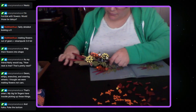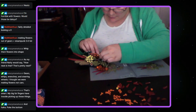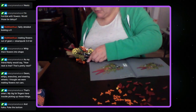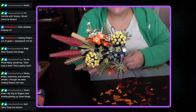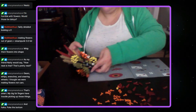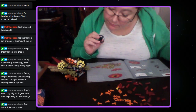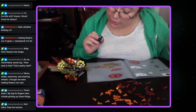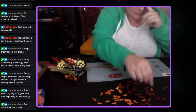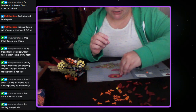Okay, let's see. Now we've got a little redirected. Then I added some leaves there on the top. Oh, now we're gonna get to use our steering wheel. It's gonna make a big blossom. Yeah, a red Gerbera. A red Gerbera. I probably totally butchered the name of that flower, but